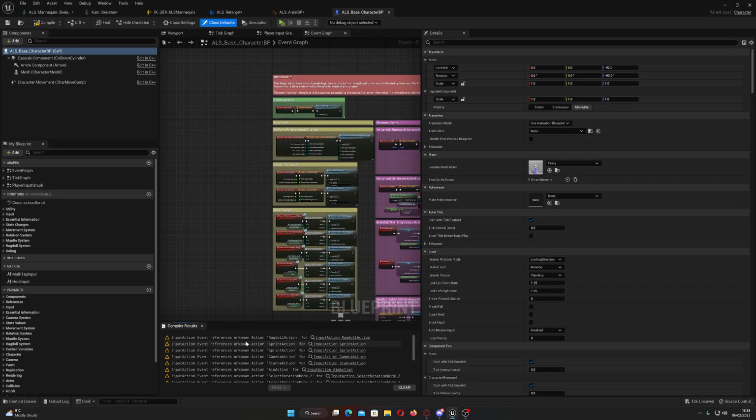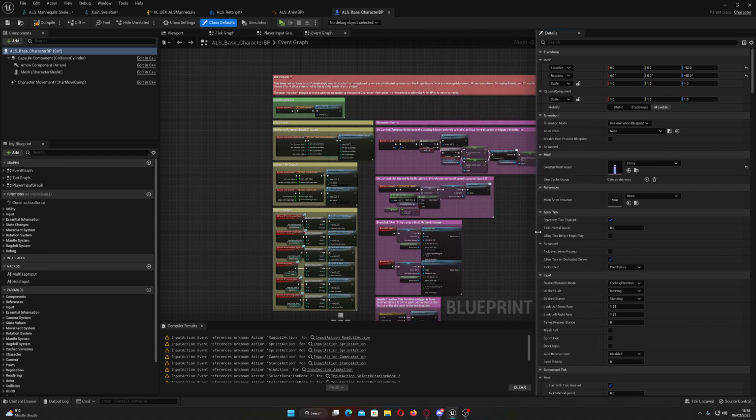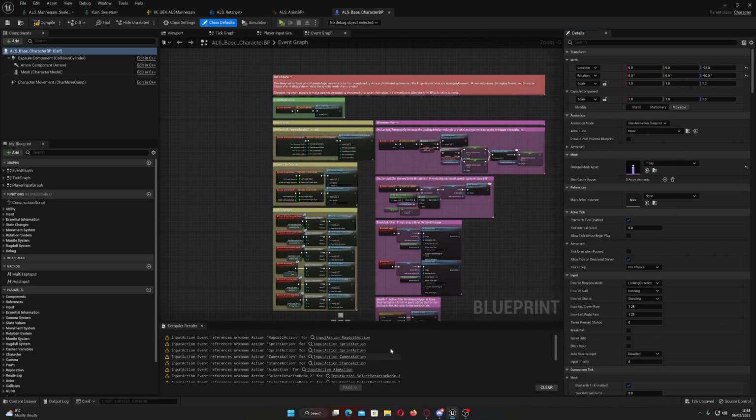and the ALS base blueprint. As you can see, we have a few errors and such here. This is one of the older versions of ALS. And I know there's a newer version of ALS that has a whole plugin system with it. It's all been converted into a big plugin system. And apparently the latest one uses all the enhanced inputs and things. It's more optimized and things, but unfortunately because the